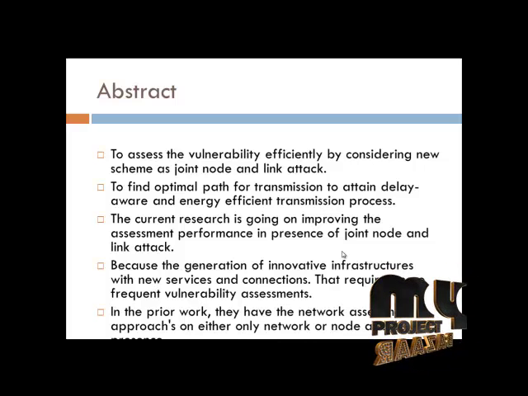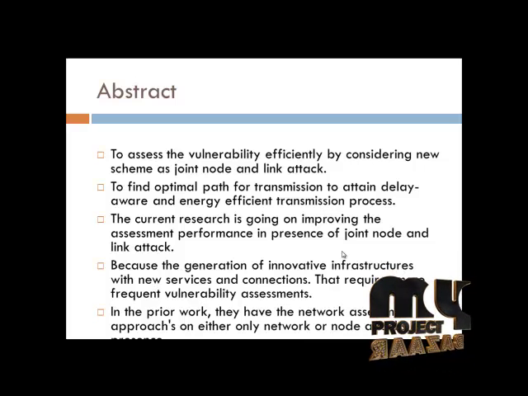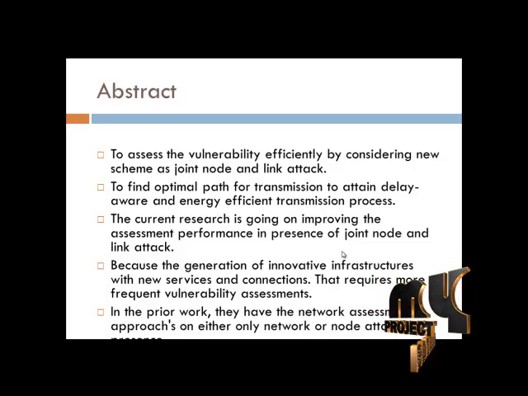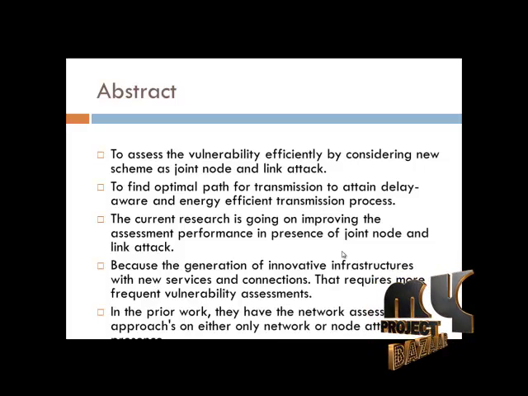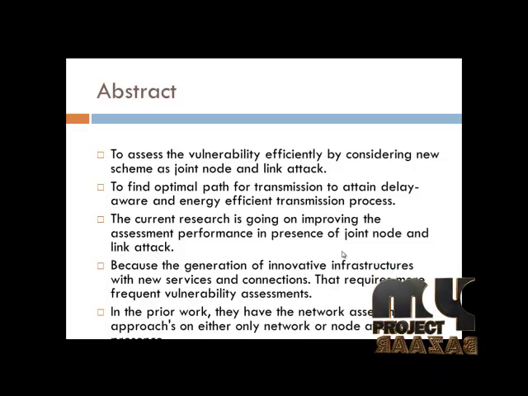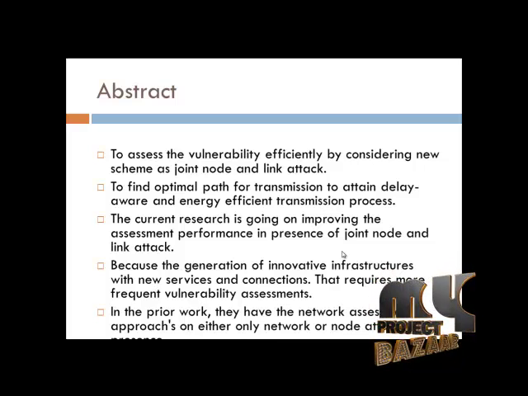In our process, we are going to identify the vulnerabilities present in the network. That is, we are going to identify the joint attacks, to assess the vulnerability efficiently by considering a new scheme, a joint node and link attack. By using this mechanism, we are going to find the optimal path for transmission to attain a delay-aware and energy-efficient transmission process. The current research is going on improving the assessment performance in the presence of joint node and link